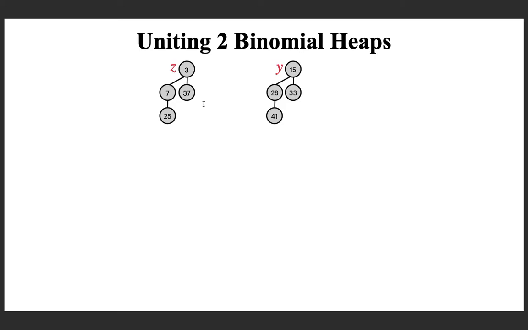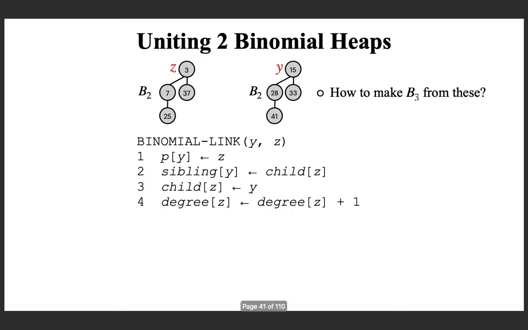First we need a procedure or an algorithm for setting one of these kind of trees as the left child of the other. So in this particular case, we are given 2 binomial trees of height 2. So this is height 2, this is again height 2. So 2 B2s are given. The question is, how will you make a B3, that is a binomial tree of height 3, satisfying the min heap property. So I am giving you the procedure given in the textbook. I just copied it from the textbook.